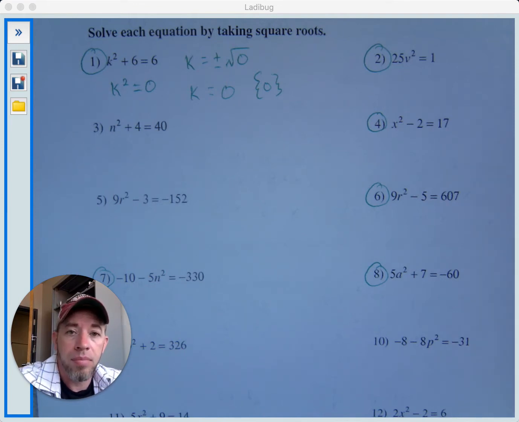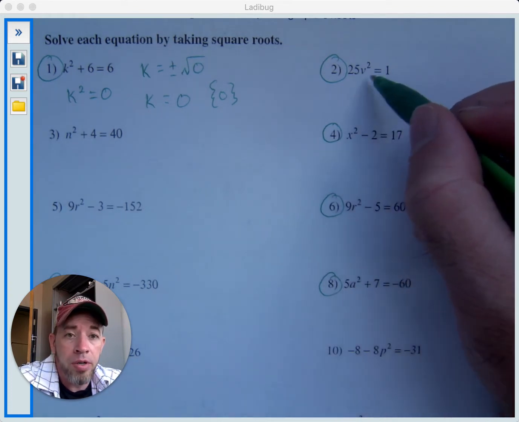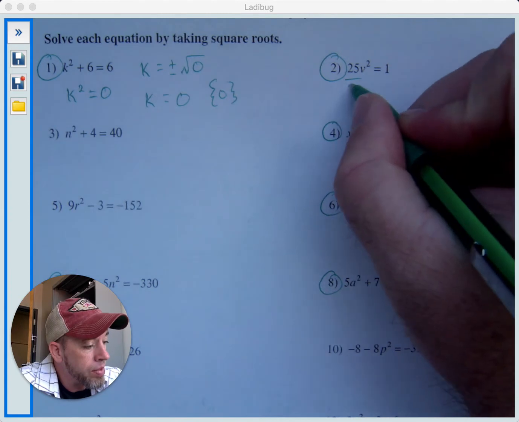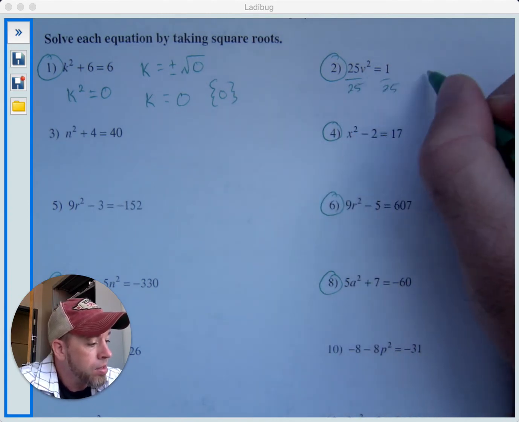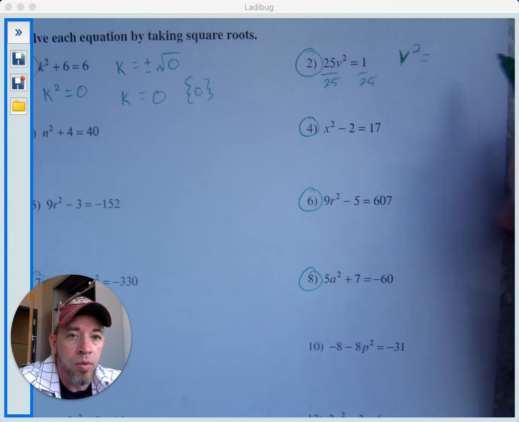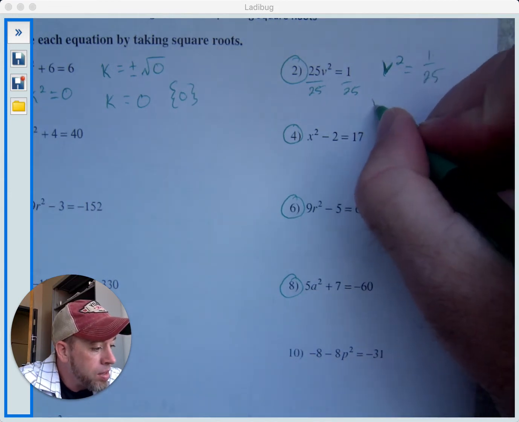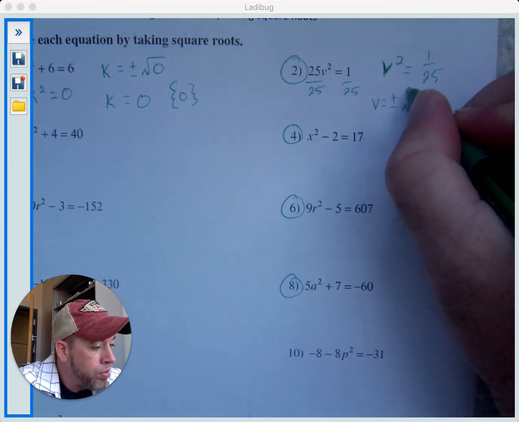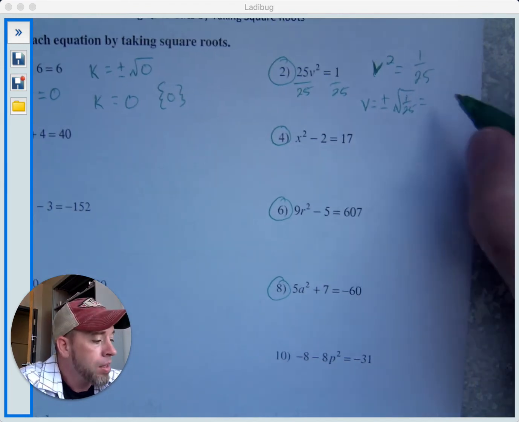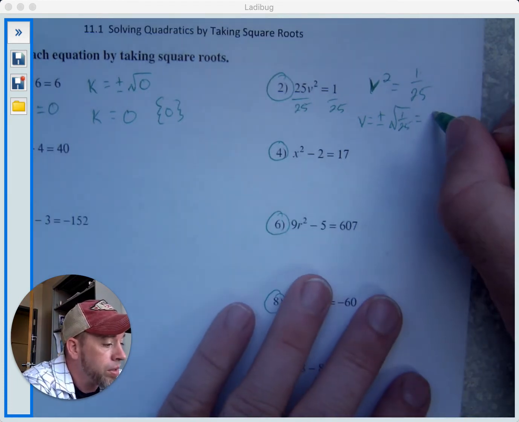Alright, next one, number 2. We have a v squared but no v. That means we can use the square root method. Get all the numbers on one side, so we divide by 25. And so we get v squared is equal to 1 over 25. That means v is equal to plus or minus the square root of 1 over 25. We can take the square root of both top and bottom. So square root of 1 is 1, square root of 25 is 5, and so we get plus or minus